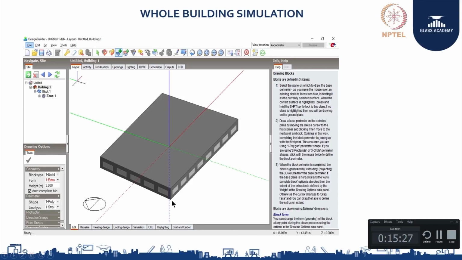This tool is called Design Builder, which works based on a simulation engine called Energy Plus. So, you can see different tabs over here on the top, like layout, activity, construction, openings, lighting, HVAC, generation, outputs, etc. In this the first and foremost thing is the layout, where you will actually model the building.